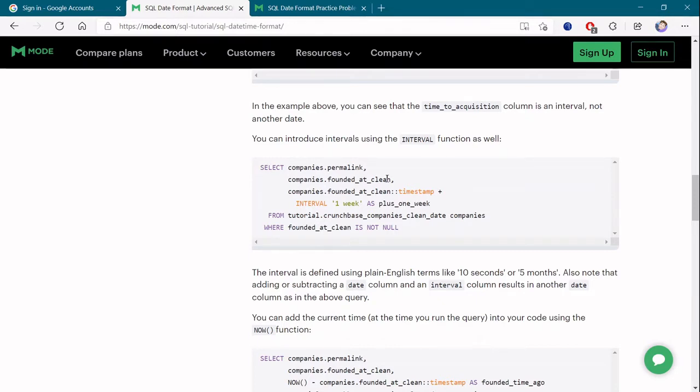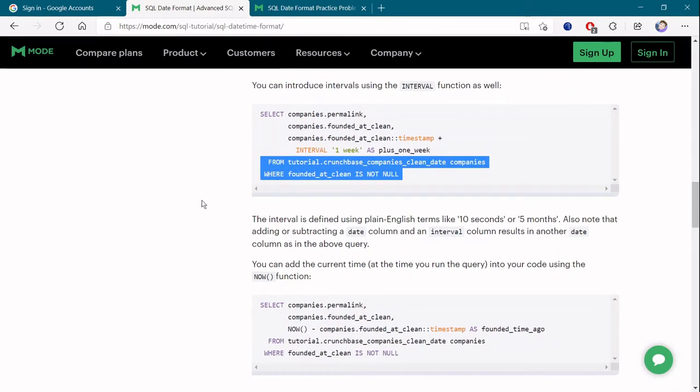You can use this on whatever datetime columns there are, and it will convert to timestamp plus interval. We have given 1 week or 1 month, as plus 1 week from whatever is there. That is pretty simple.